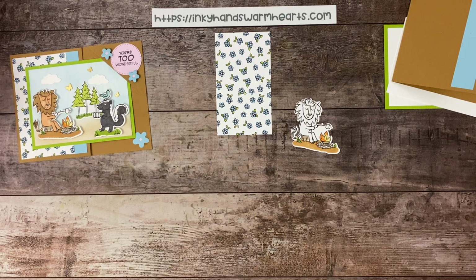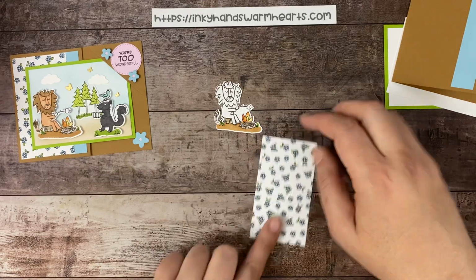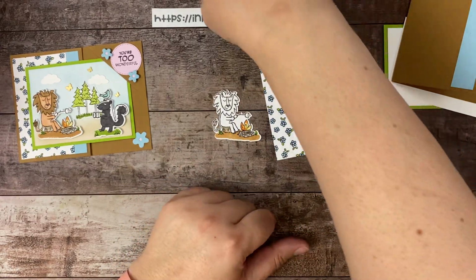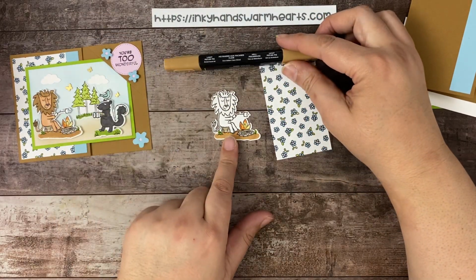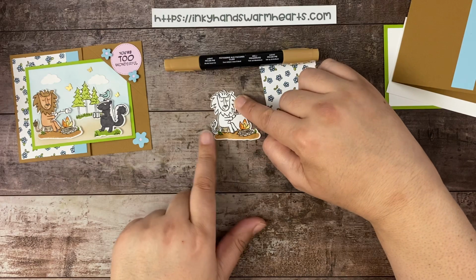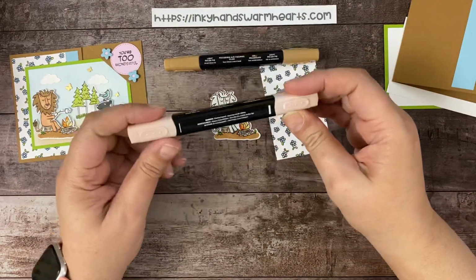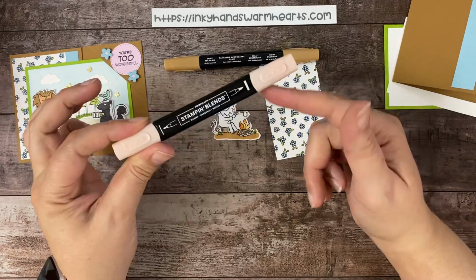So like one of them has like stitching, and then the other one has like lines running through it. I have to color my lion, so I figured while I'm coloring I might as well just do it all at once. So I've decided to use light pecan pie for his mane and his tail, and then for his body I chose to use the medium light blend